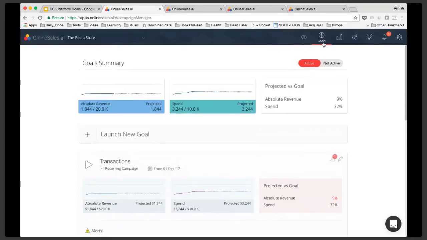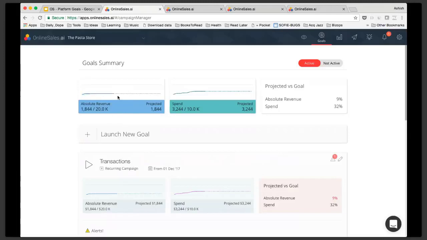So on the platform you would see the second tab called Goals, right? That's where we define the goals, and that's where you would start seeing the new experience about experimentation and the data. What this page shows you is, let's say you have more than one goal,